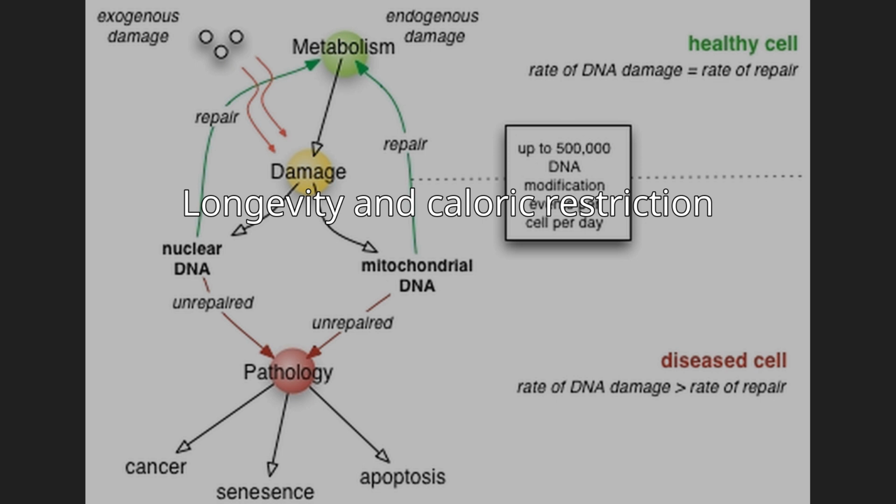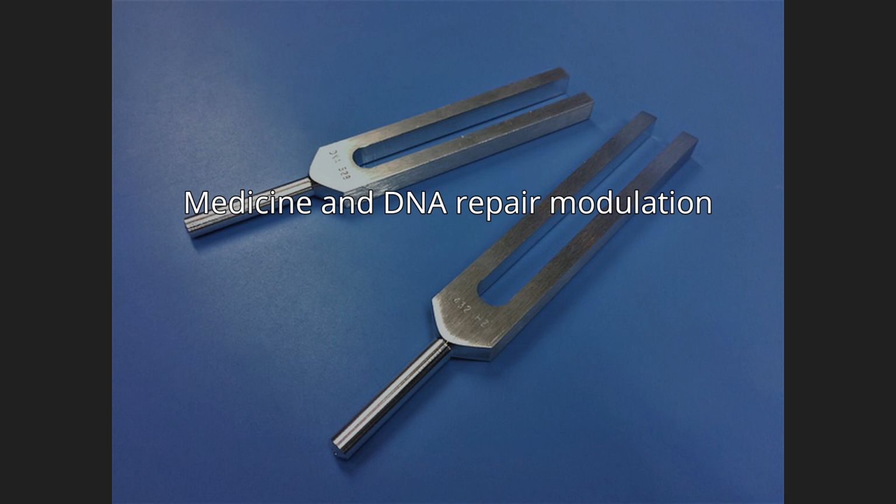C. elegans gene AG-1, an upstream effector of DNA repair pathways, confers dramatically extended lifespan under free feeding conditions but leads to a decrease under caloric restriction. This observation supports the pleiotropy theory of the biological origins of aging, which suggests that genes conferring a large survival advantage early in life will be selected for even if they carry a corresponding disadvantage late in life. Medicine and DNA repair modulation.